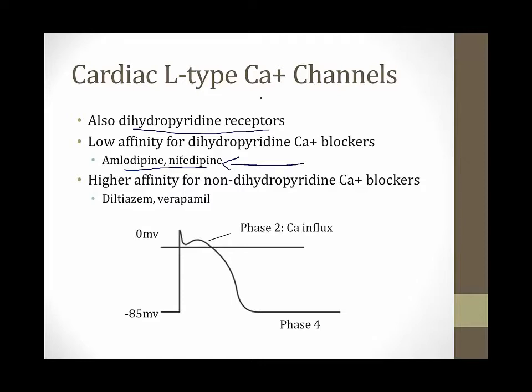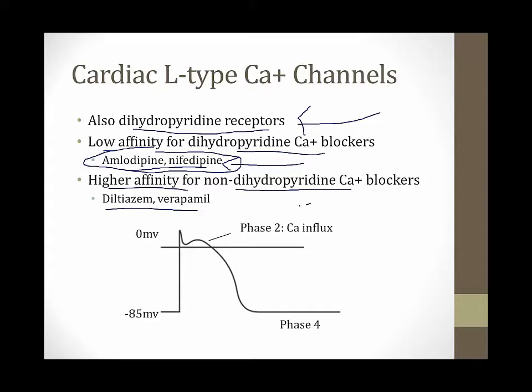Even though the L-type calcium channels in the heart are called dihydropyridine receptors, and even though they can bind these drugs, they do so with a very low affinity, and as a result, amlodipine and nifedipine and other dihydropyridine calcium channel blockers have very little effect in the heart. Most of their effect is in smooth muscle. In contrast, non-dihydropyridine calcium channel blockers like diltiazem and verapamil have a much higher affinity for the L-type calcium channels in the heart, and therefore these are the drugs that are used when you want to block calcium channels in